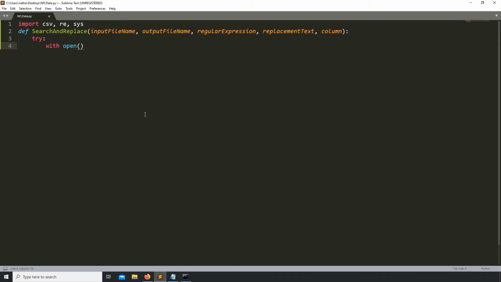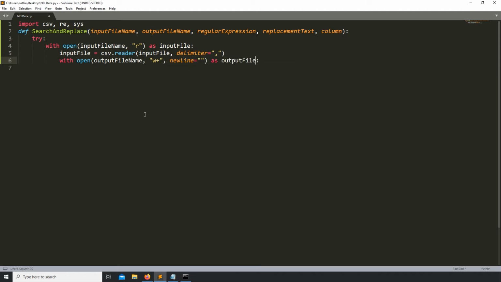Next, I'll open the CSV input file with the read commands and create a CSV reader with the file contents, using commas as the delimiter. Then I'll open up the output file with the write permission. The plus after the W forces Python to create the specified file at the current location if the file does not currently exist. Let's create a CSV writer for the output of our regular expression and loop through every row